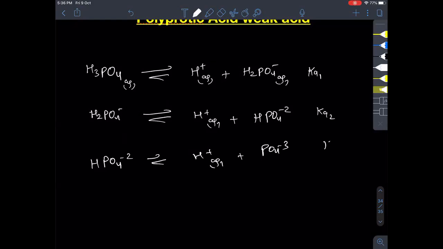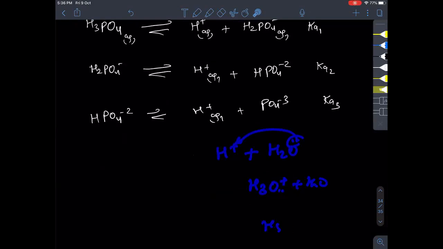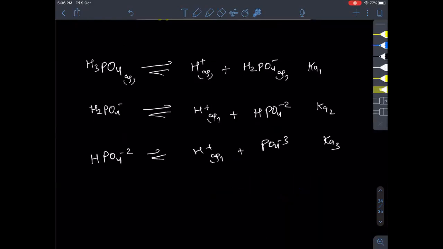I told you in the last video that the H+ in the solution will not be in free form, rather it will exist in the form of H3O+ and even higher order forms, like that will combine with more water and you will get H5O2+ and so on. But here I have just reported it as aqueous. Now the next thing is, okay, I will assign some realistic values, guys.